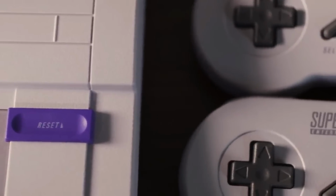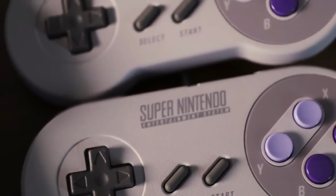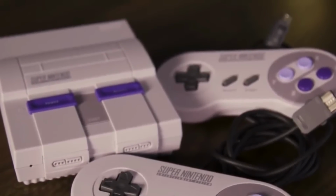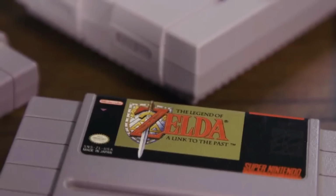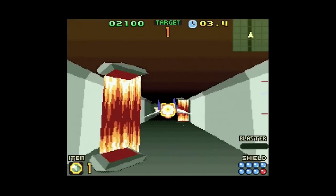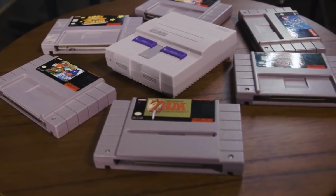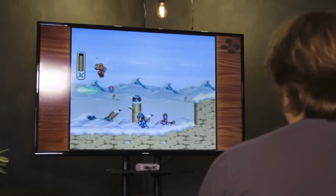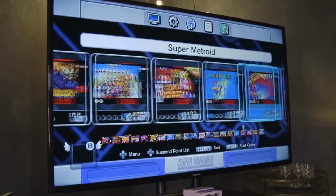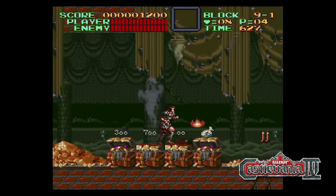The controllers are spot-on replicas of the originals too, with the same feel and button layout that made the SNES a legend. And guess what? You get 2 controllers right out of the box, so you can jump into some multiplayer action with your friends. Setting up the SNES Classic Mini is a breeze. Just like many on this list, plug it into your TV via HDMI and you're ready to roll. The user interface is clean and intuitive, making it easy to scroll through the game library and dive into your